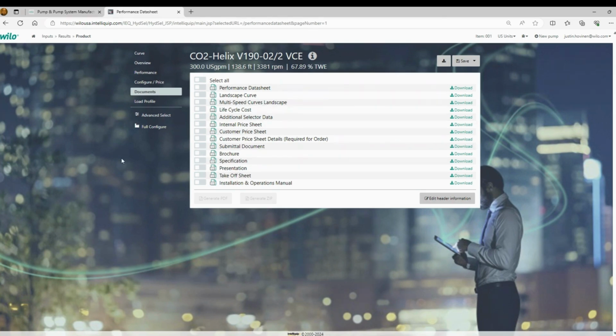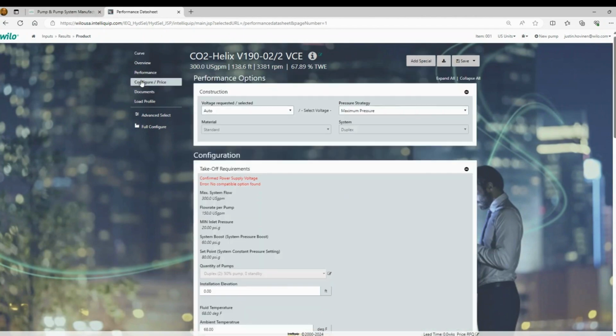So the next thing we're going to look at is the configuration tab. So you'll see here at the top, we have the first area is going to be the voltage. So you can choose your voltage. There's options here for 3-phase 208, 3-phase 460, and then 3-phase 575 volt. If the booster is smaller, you're going to also see single phase options available. There is an area over here to the right called the pressure strategy. Always leave that at maximum pressure, and that's just going to make sure that the system is designed for the